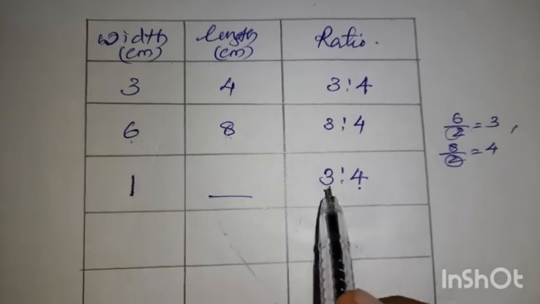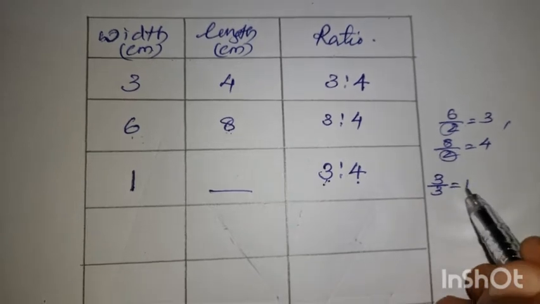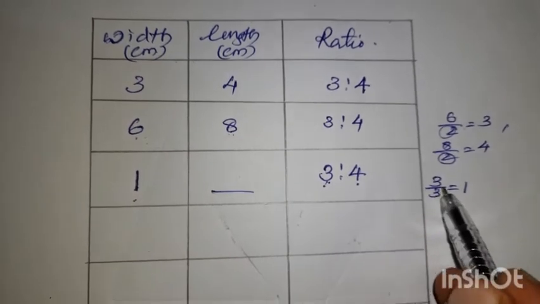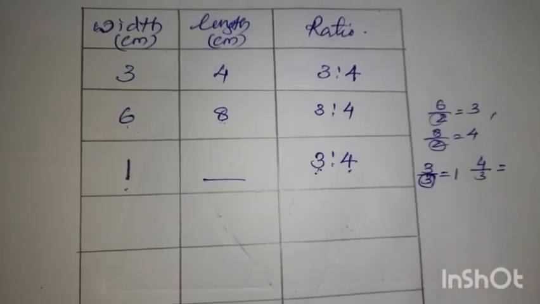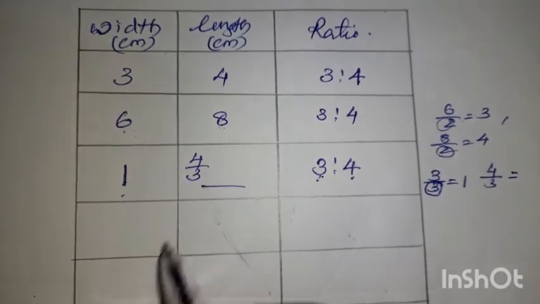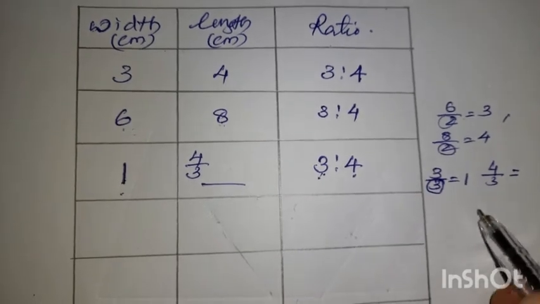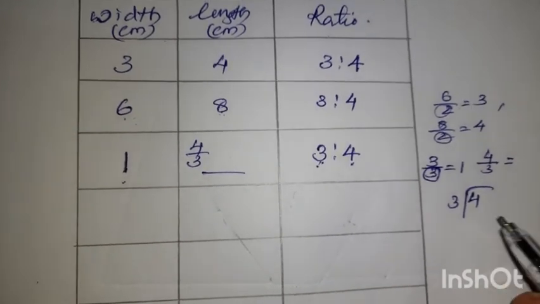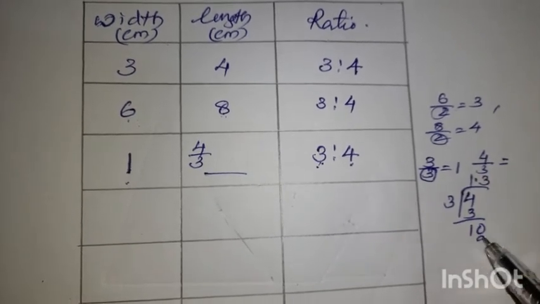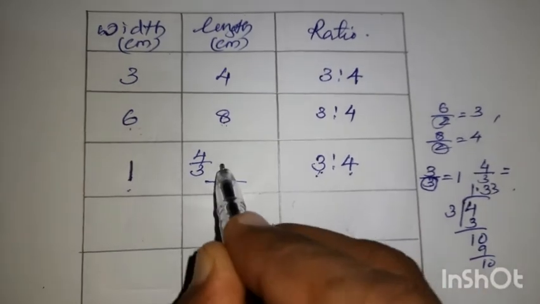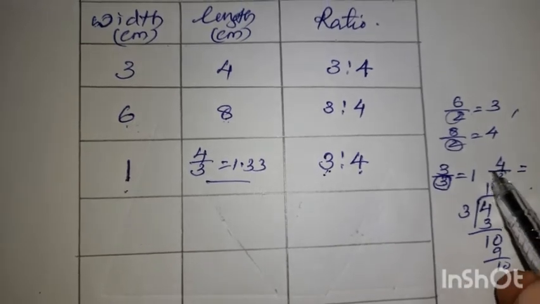To get width 1, you divide it by 3. So 3 by 3, that is 1. The same 3 you have to divide 4 by also, so 4 by 3 you have to write down. And the ratio we cannot write in fractions, so you have to divide it. 1 time 1 point, so it will come 1.33 like that. Continuously it will move. So you have to divide with the common number 3.